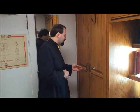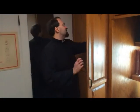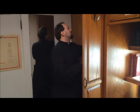Now, the first part of vestments that one would wear is, we have to make a distinction between choir dress and maybe you might call sacramental dress. Choir dress is what clergy wear when they're in choir, which doesn't mean they're necessarily singing. It just means what they're wearing when they're not performing any other specific sacramental liturgical duties. And choir dress starts off with a cassock, and the only addition is